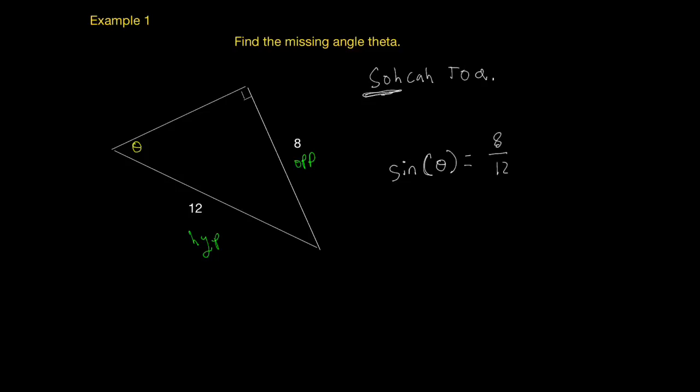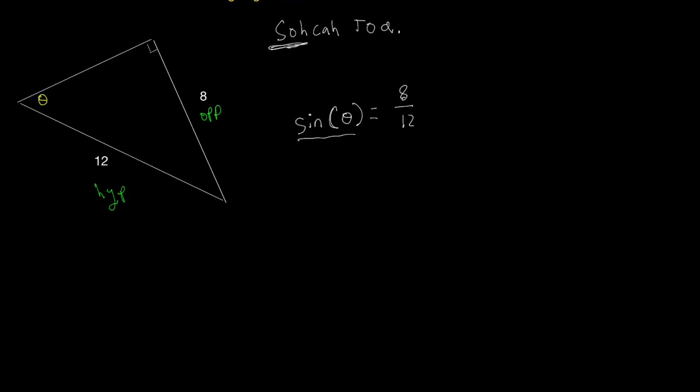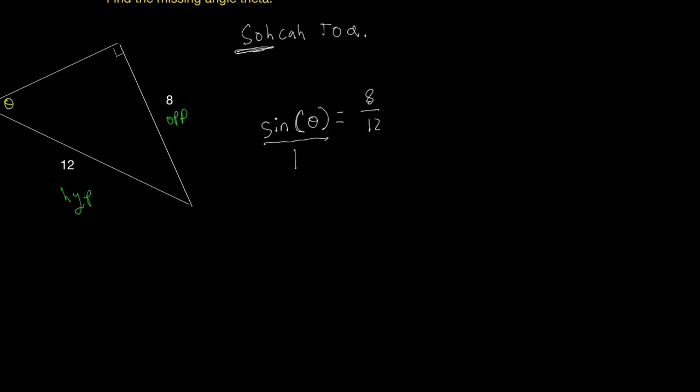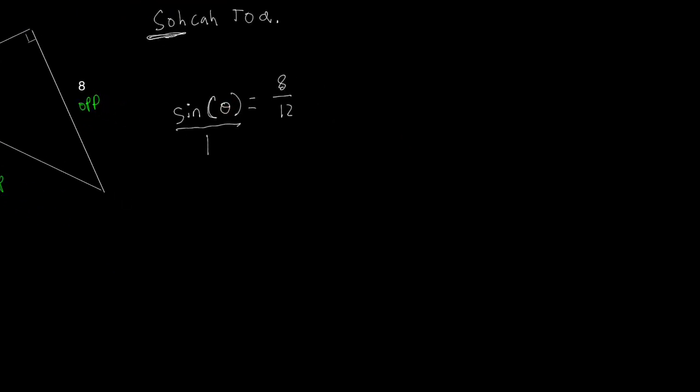And now I'm going to divide sine theta by 1 in order to have a proportion. And actually for this problem I don't need to do this because we want to isolate theta. So here, let's erase this part. So we want to isolate theta, and we notice immediately that the thing that's stopping theta from being isolated is